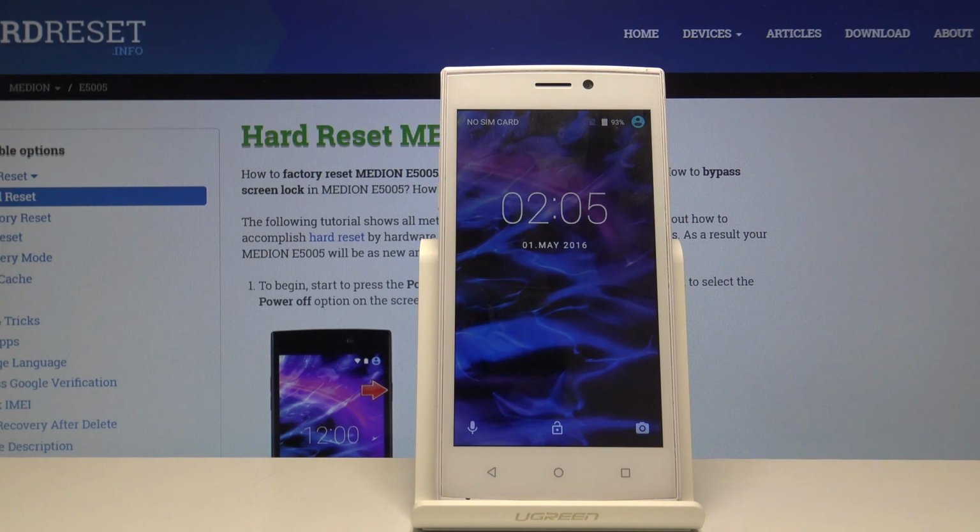So that is how you would wipe cache on this device,